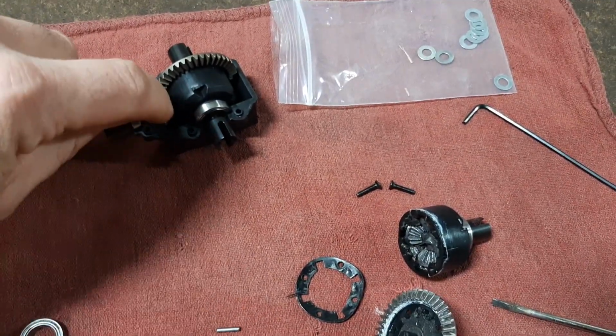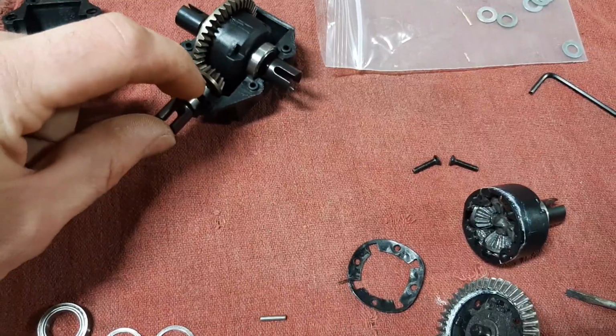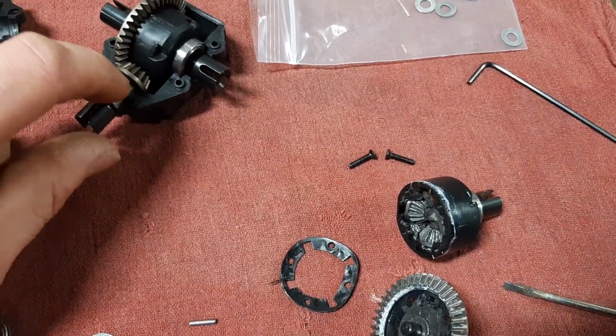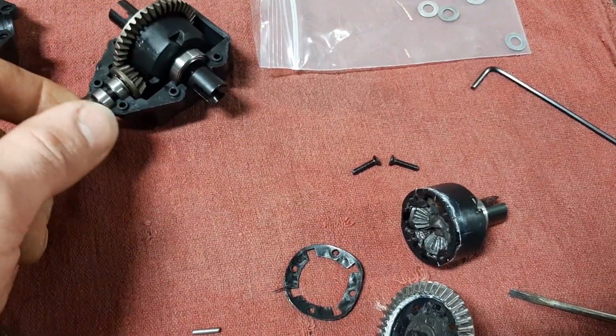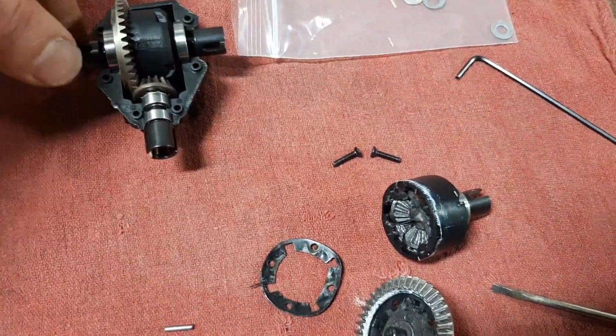Pinion gear right here, the small gear, pinion bearings. There's a washer in here that is your pinion washer. It keeps the bearing and the pinion gear separated so that they don't wear each other out, and it also gives it a place to turn smoothly. You've got your differential output cups,